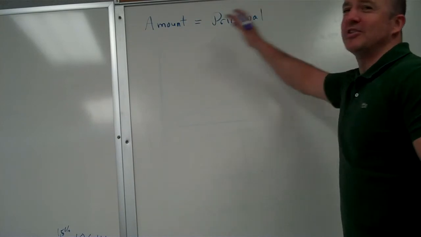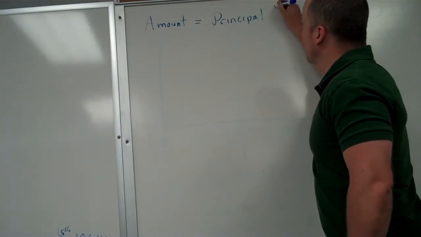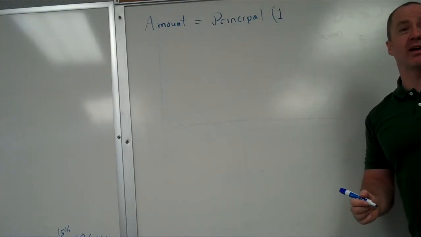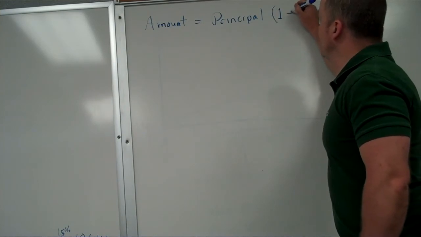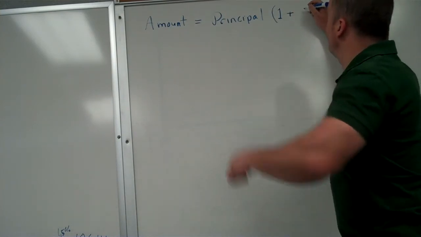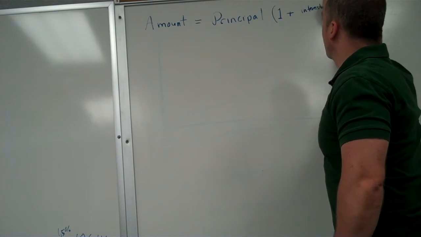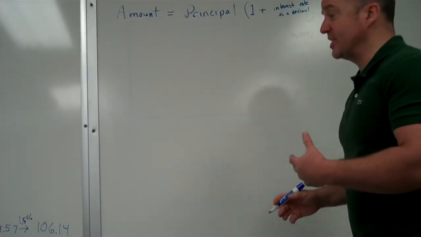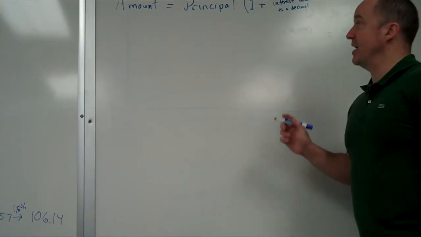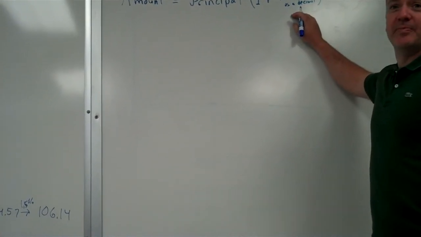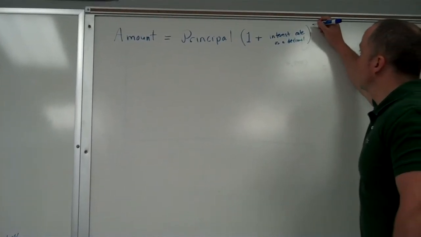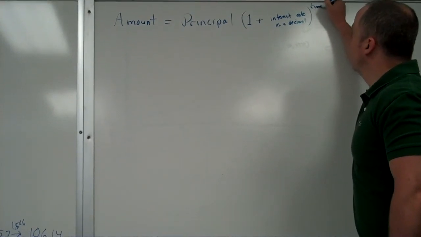All right. Okay, we're going to be using the letter P in a minute anyway. Now, you always multiply the principal times 1 because you at least want to get your money back. So it's all what we've been doing. Those decimals over there were all 1 plus the interest rate written as a decimal. So it's 5% interest, 0.05. 1.5% interest, 0.015. You have to write the interest rate as a decimal. And the 1 is there because that gets you your principal back. Raised to the power of time